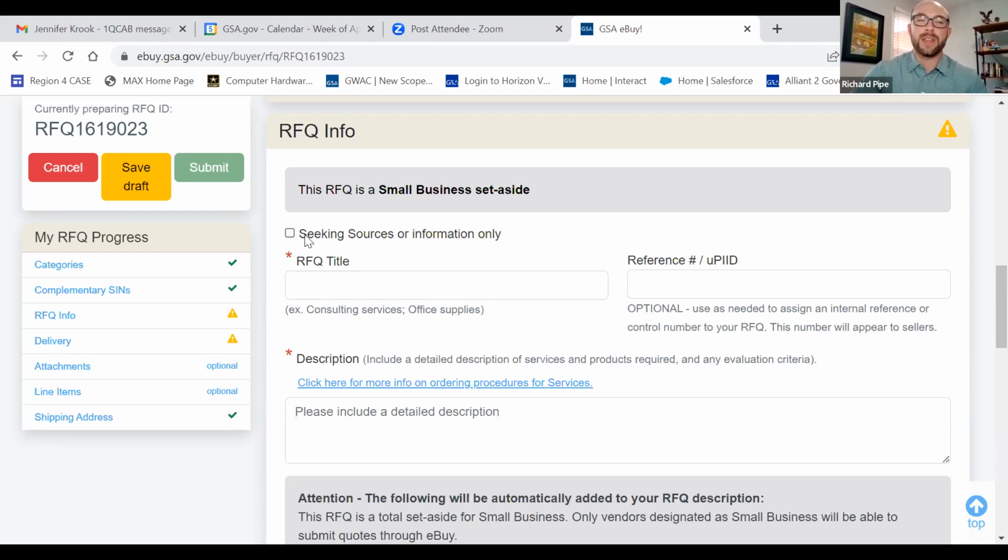That makes the vendors know that they don't have to build a quote, they don't have to submit anything, that you're essentially just doing market research or issuing a sources sought. If you do select that, seeking sources, the one thing that can be a little confusing, if I select this,